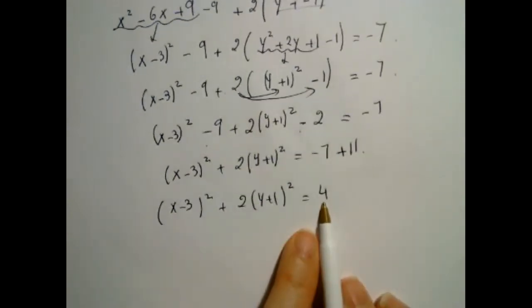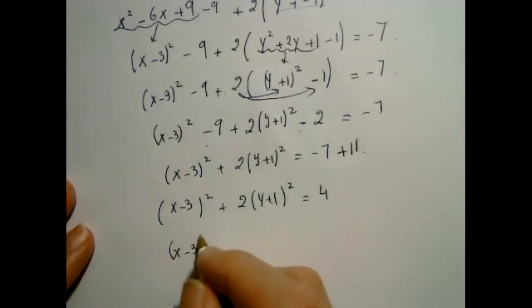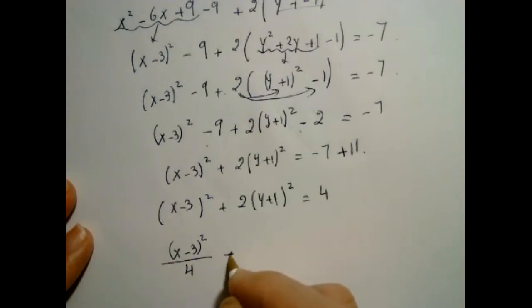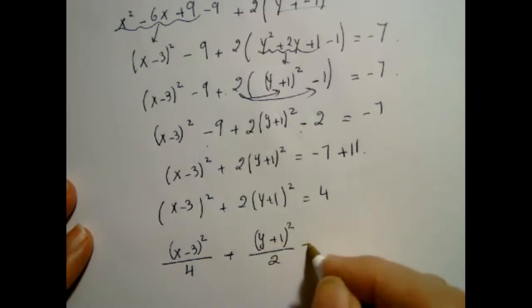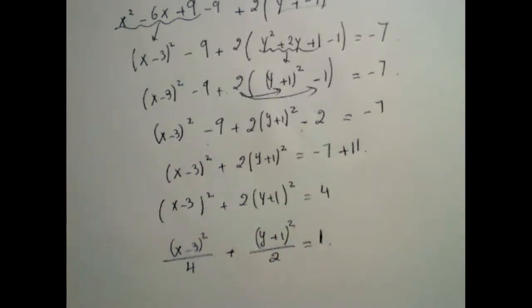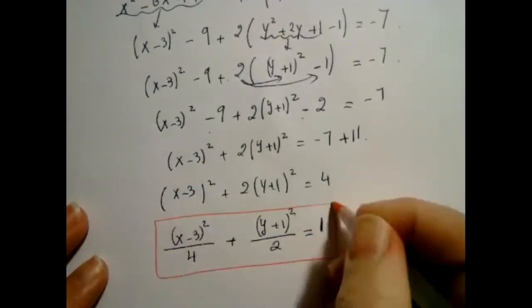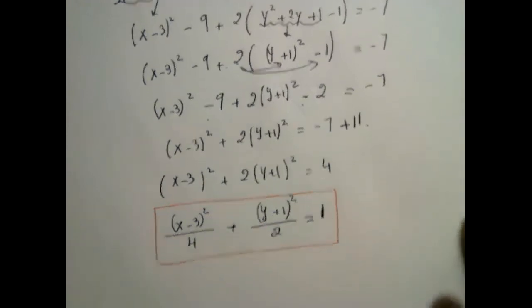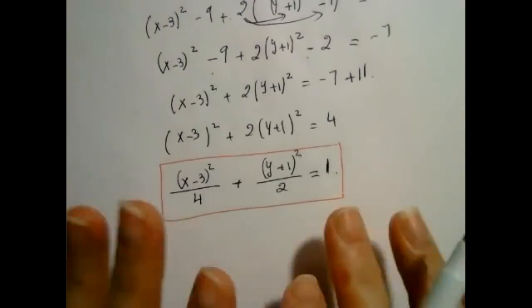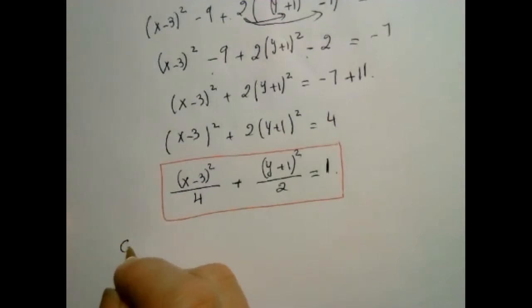Now I divide by 4 because I want to get to the standard form of an ellipse. I divide by 4 across the board. I will get x minus 3 squared over 4 plus y plus 1 squared over 2 equal to 1. And that's what we call the standard equation of the ellipse. So that's the standard equation. Once I have the standard equation, I can answer every question I want about the ellipse, but that's really the most important step, because now we see the ellipse. So now the center is